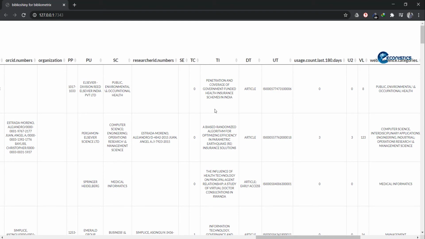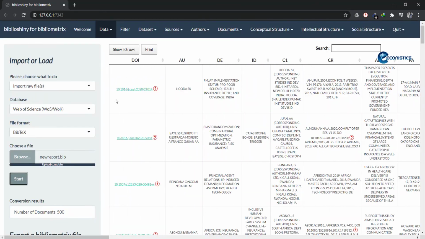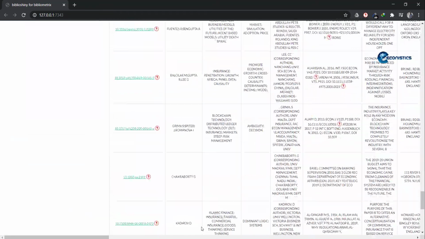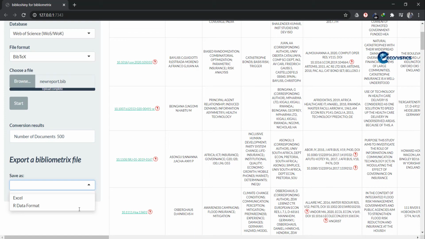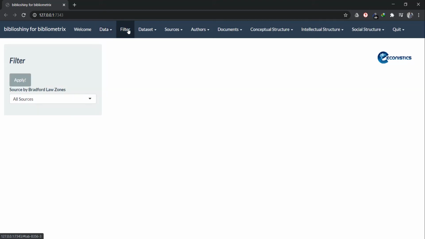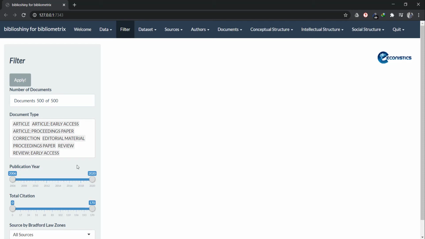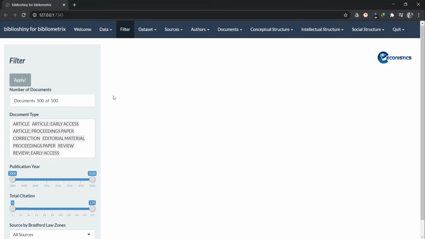So this is the title, and several things are here. The number of articles imported is 500. It's a big file. The top 50 are shown here. This way you can load the library. The thing is that you can filter it. You can remove the proceedings or editorial material, so that the number of papers is fewer.